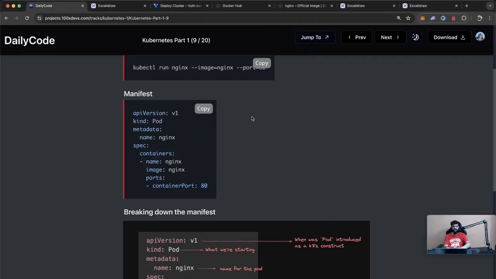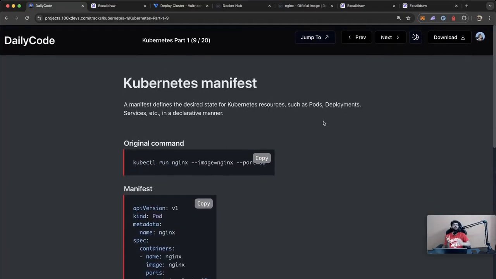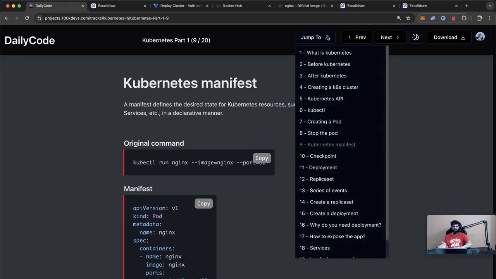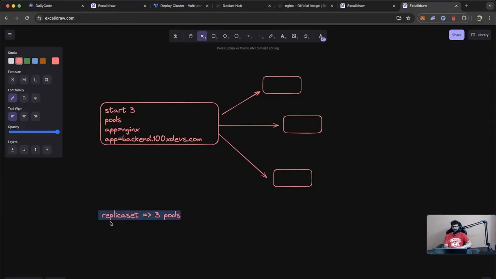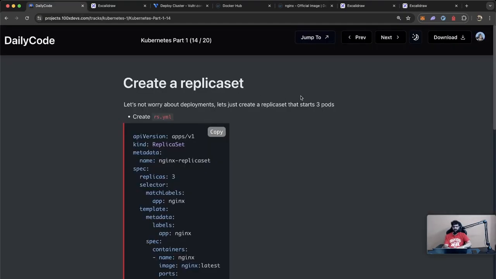Let's understand replica sets really quickly, and then we'll understand the difference between deployments and replica sets. And then, that's a good checkpoint for us to take a breather at. Creating a replica set. Now, as I said, until now, we had created a deployment which created a replica set, which created 3 pods. What is a replica set? As the name suggests,